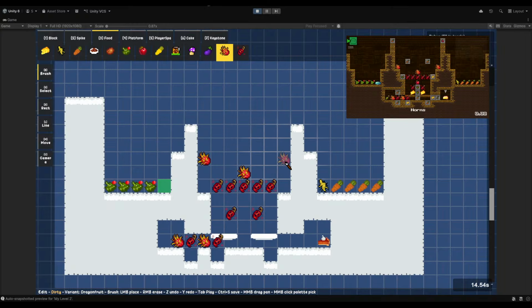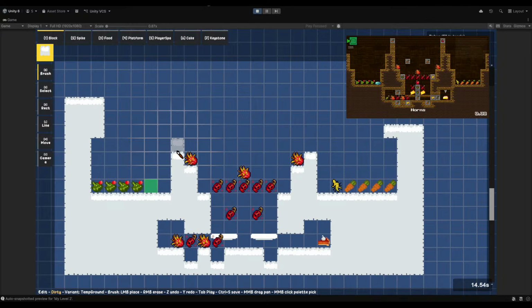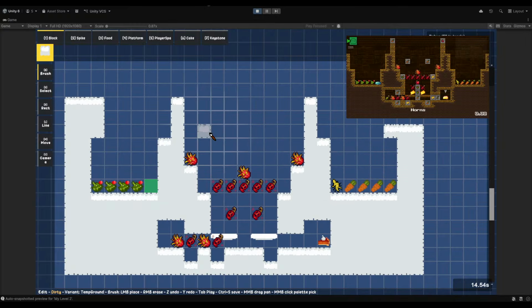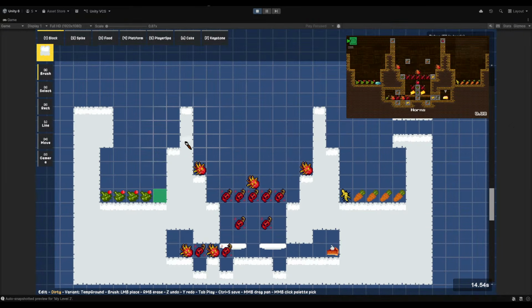Oh, did I put this wrong? I think I put something wrong here. Yeah, I did put something wrong here. That's fine. We'll fix that. I can shift everything left. Dragon fruit to all. Oh, actually, we do need this to be taller, huh? Okay, so we'll keep this tall. What am I missing? I am missing here.